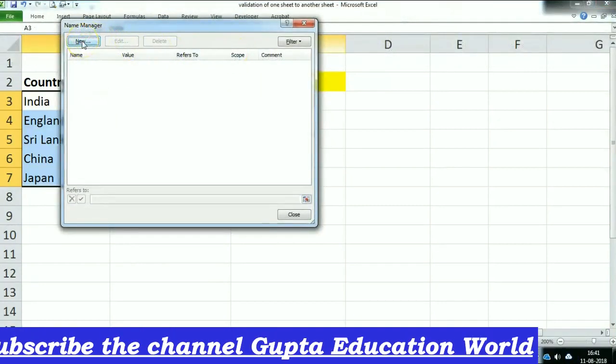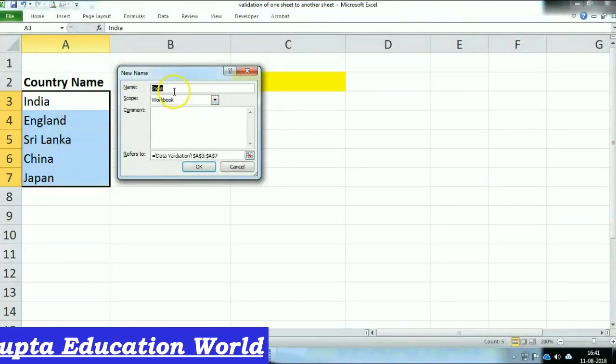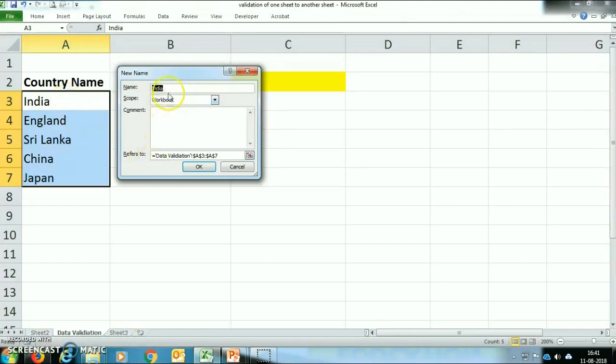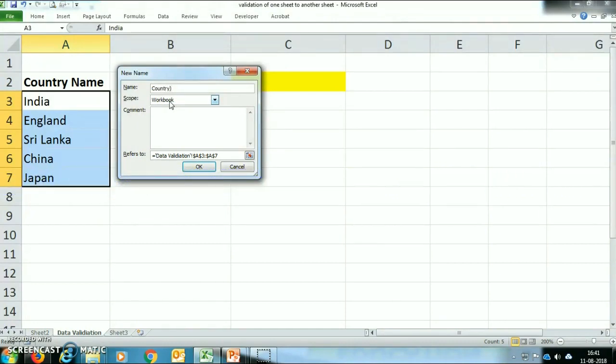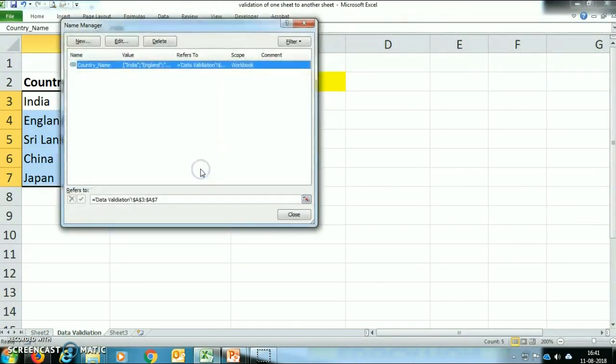Now here we will create a new name, and we will give the name as country name. And we will click OK. So now this list has the name country name.